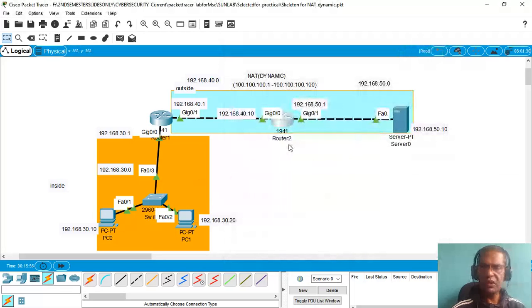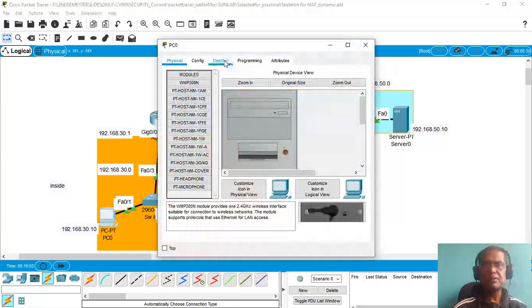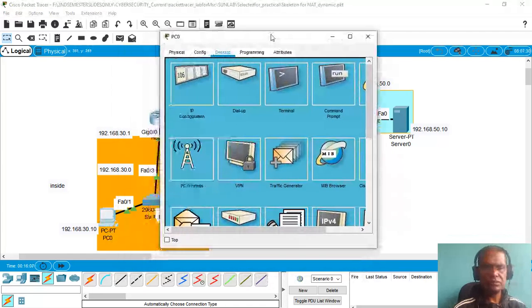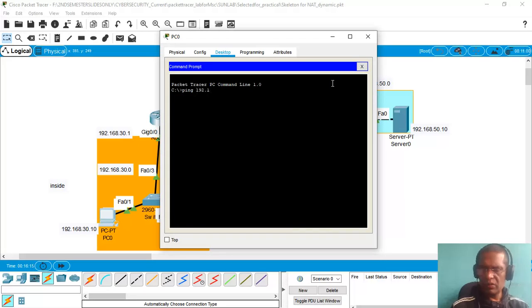Now let us check whether these devices are communicating, as the first step that we need to accomplish before we configure the dynamic NAT. On the desktop, let me ping 192.168.50.10. We are pinging from 192.168.30.10, and the target machine is 192.168.50.10.